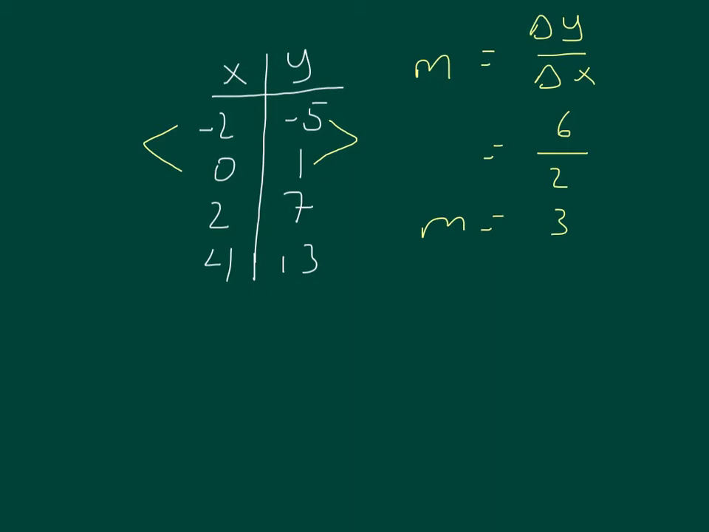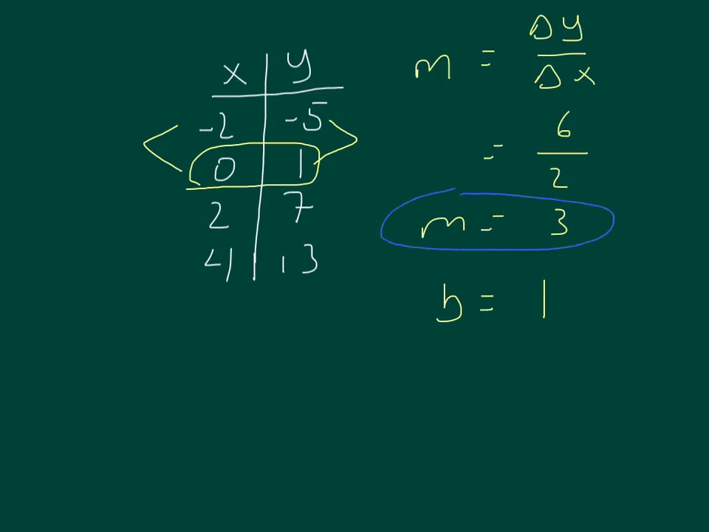Now what about the y-intercept? B. Remember, x is always 0 at the y-intercept. So if I go down this list, I see right here x is 0, and when x is 0, that means y is 1. And so my y-intercept would be 1, because the x is 0, the y is 1. That is a point on the y-axis. So now I have